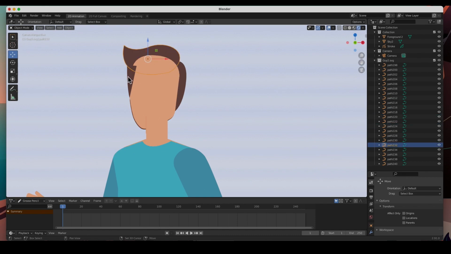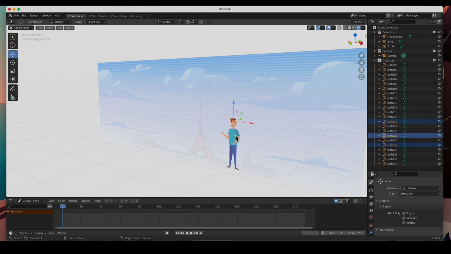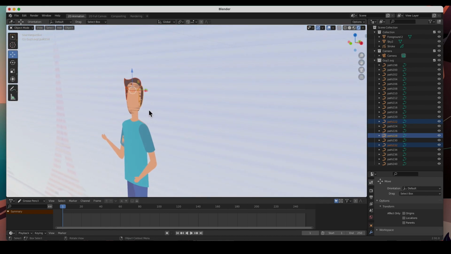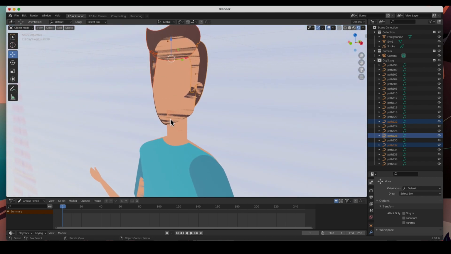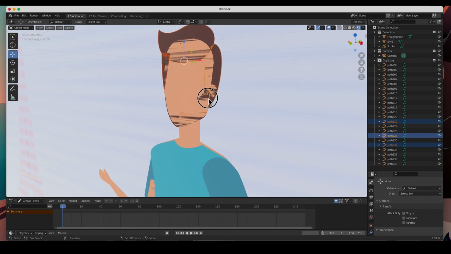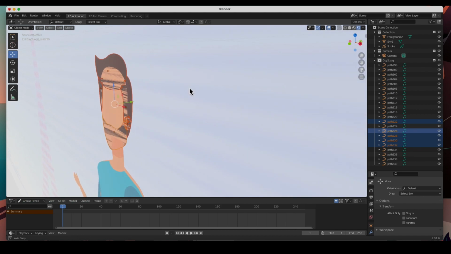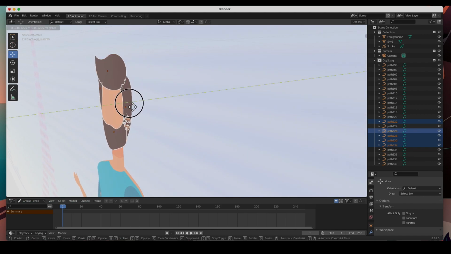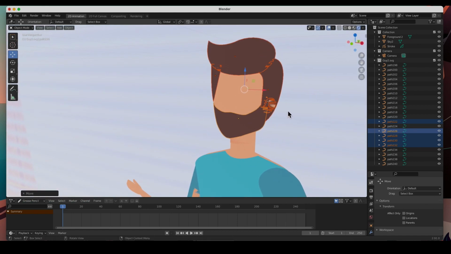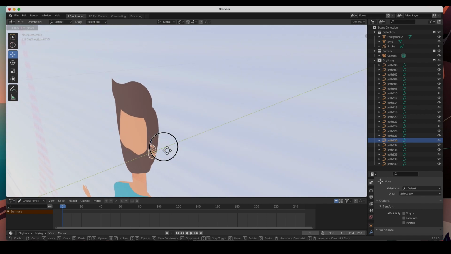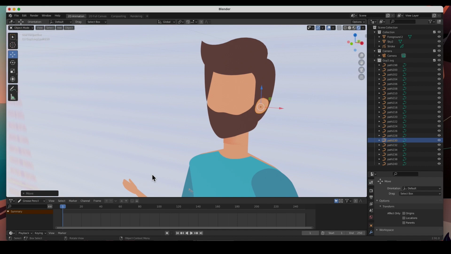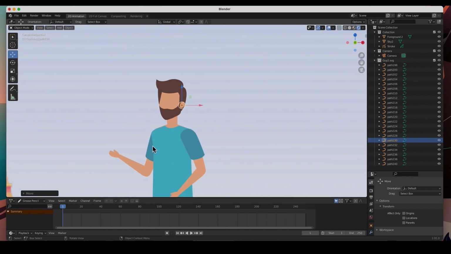And let's grab all the hair and push it forward, including the beard. Let's push all of this forward. There we go. Let's grab the ear, push it a little bit further. And there we have it, guys.